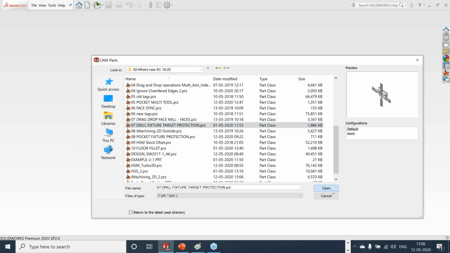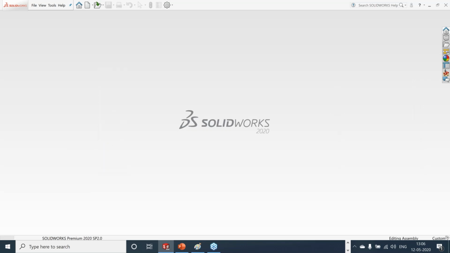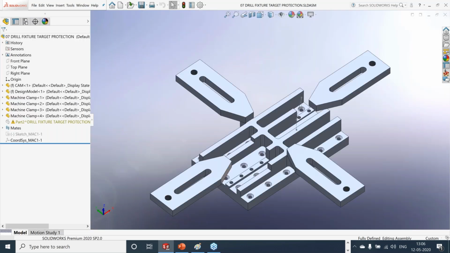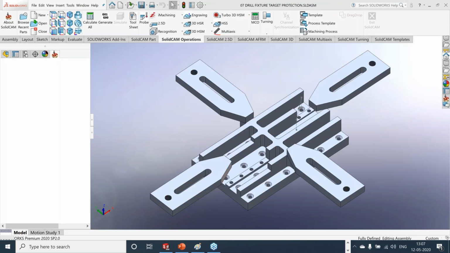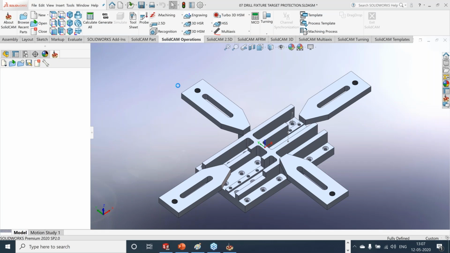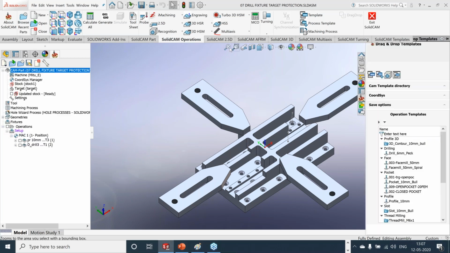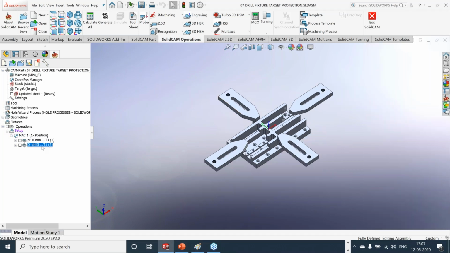Okay, I'll just open this part where we can see the fixture protection while doing the drilling operation. Right, so now if I go to the drilling operation,